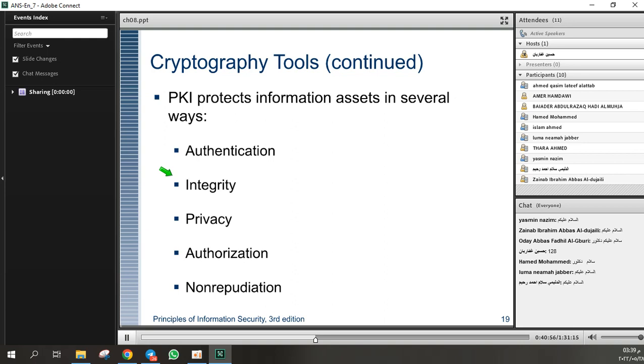If the message changes, I can confirm that a change happened. Privacy means encryption. Authorization means that I can check if my method has enough rights to access some special places or tools. And non-repudiation means that nobody can